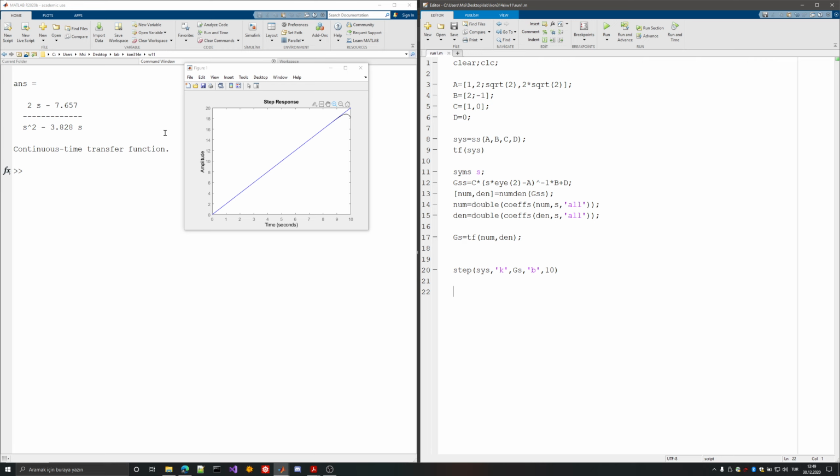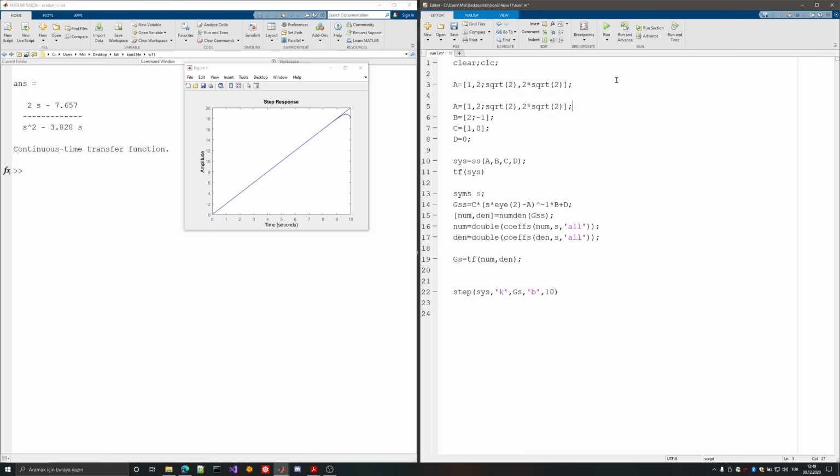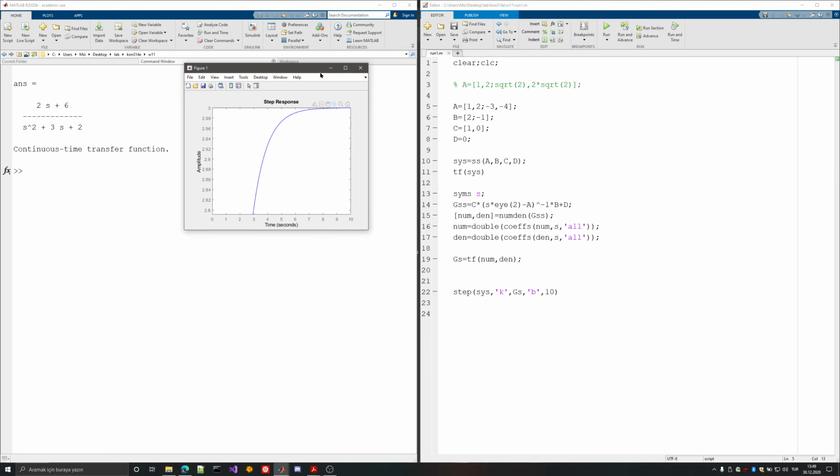It should be the same, but MATLAB has some problems, and I can demonstrate to you that this does actually work, because this is a problematic system. If I provide a 1, 2, minus 3, minus 4, a better system that isn't deficient, you will see that it immediately matches,